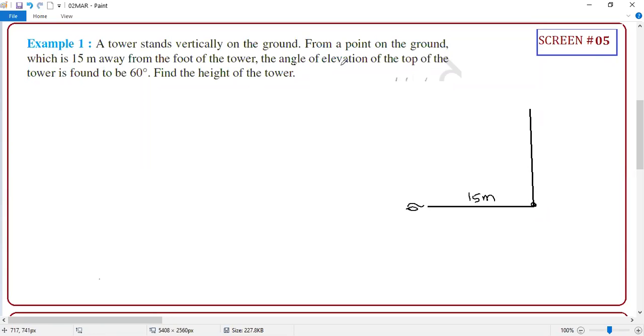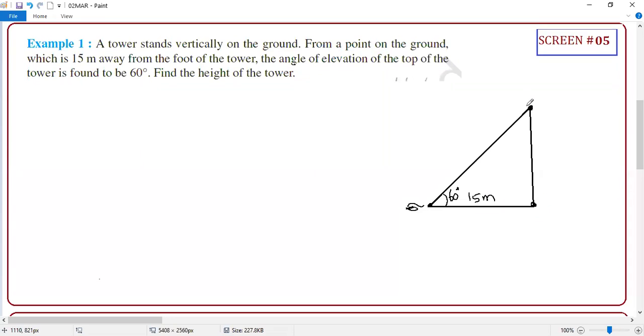Some observer. The angle of elevation. Angle of elevation means that object is above the horizontal level, right? So of the top of the tower, guys, this is the top of the tower. So someone from here, maybe Hariharan, you are here and you are looking into this. When I say represent Hariharan, I'm not representing the entire height. I'm just highlighting your eye, student. When you are drawing the diagram, you can mark an eye symbol for the observer. So this angle is clearly mentioned as 60 degree. Now, what is the height of the tower?